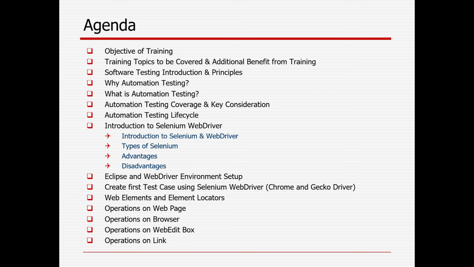First I will start with A, B, C, D, just the alphabet. Once you are able to understand the A, B, C, D concepts, then slowly you will be able to create a sentence like "I am joining the Selenium training." After that, once you are confident with sentences, then slowly you will be able to create a page or a book like that. So that is the way I'll be covering it.